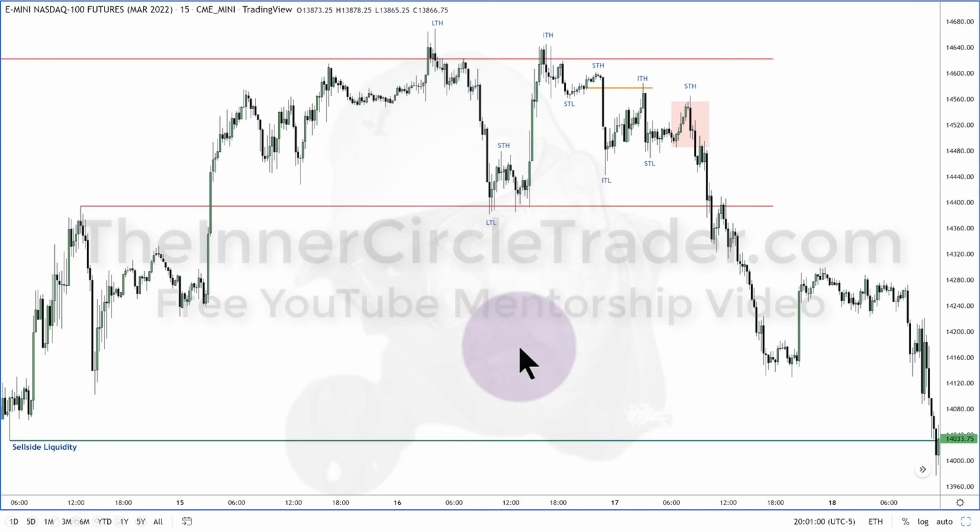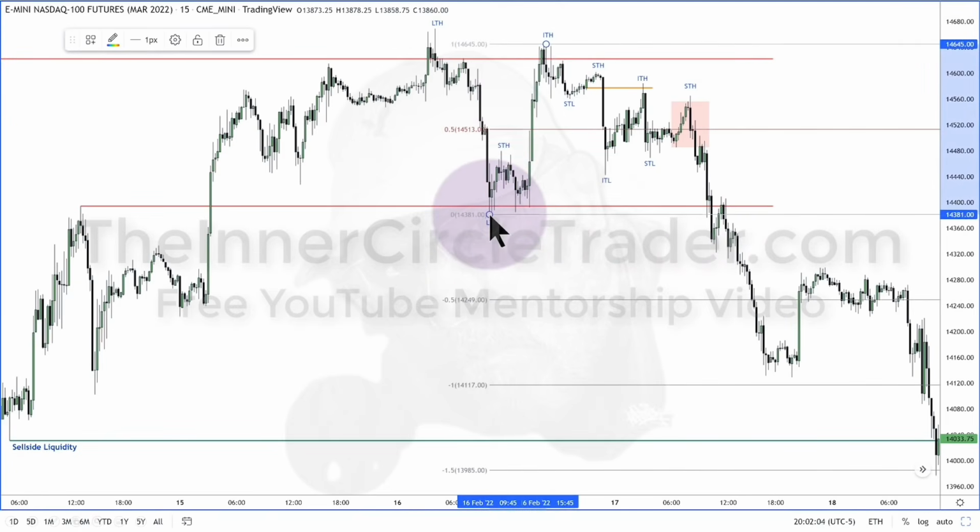They're generic price targets. If you don't want to use that targeting method, this long-term low to intermediate-term high, if price breaks below here, as it does here, you can simply take your Fibonacci, anchor it to the highest high, down to the lowest low, and this is what you would get here. Why am I using that? Why am I not using this here to here? Because this return back up, this is where all of this move starts right there. This is just the beginning of the framework.